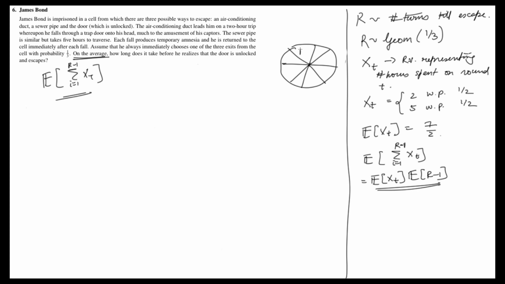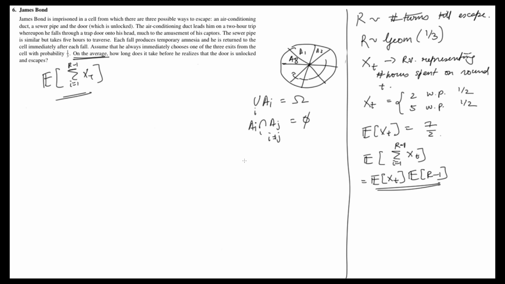So this is A1, A2, all the way till A8, right? So if you have a set of events which partition the sample space, what does that mean? The union of all A_i over i is equal to the sample space, and the intersection of A_i and A_j, where i is not equal to j, is equal to the null set. So basically they don't intersect each other, but together they form the entire sample space.